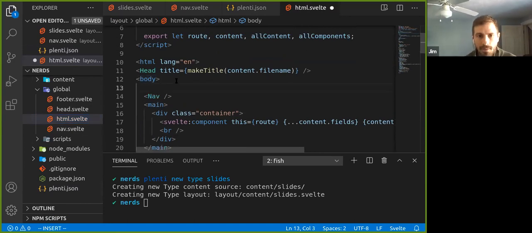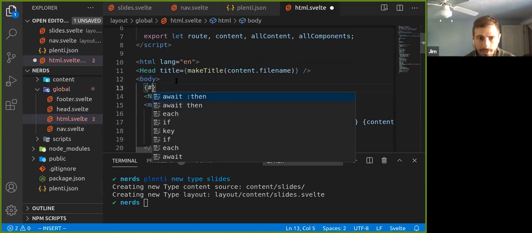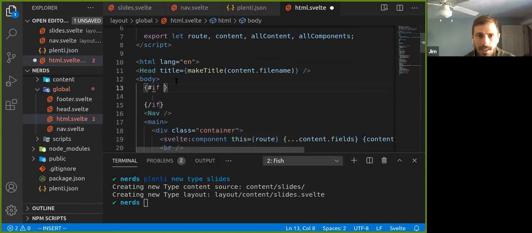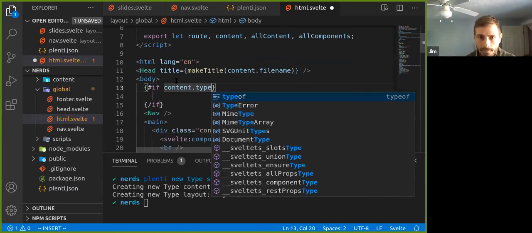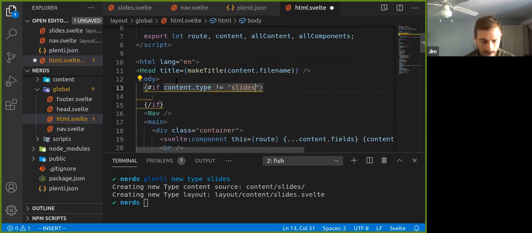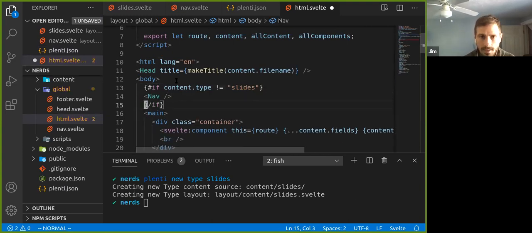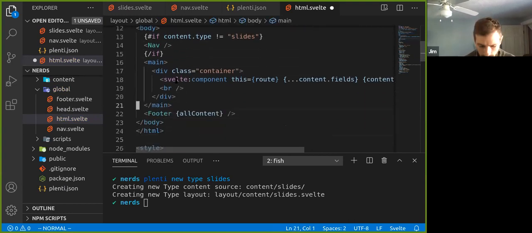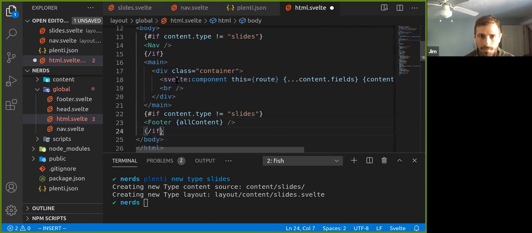I only want this nav to appear if, I'll do an if statement, if the content.type does not equal slides. So we don't want it to appear for slides. And let's just get this like this. And we'll do the same thing for our footer at the bottom here. So I'll paste this in here and I will close my if statement like that.